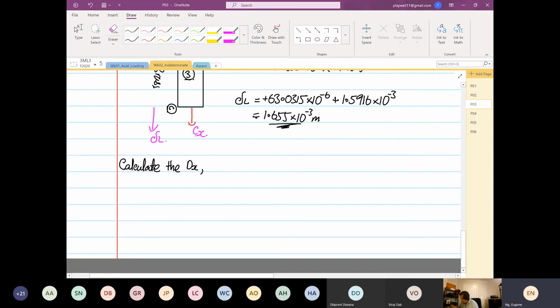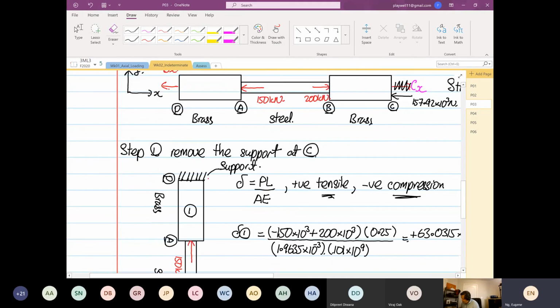So you apply static analysis: the summation of forces in the x direction is equal to 0. So you have minus